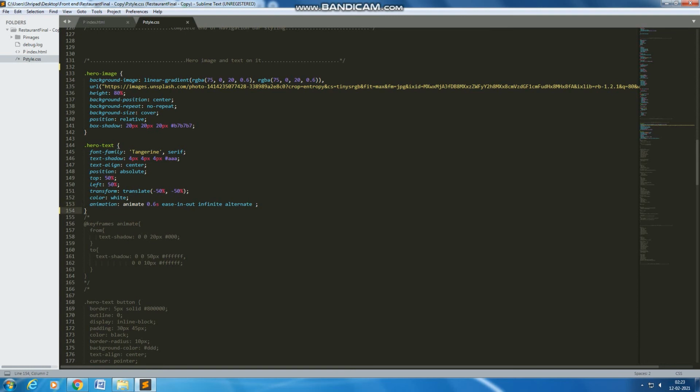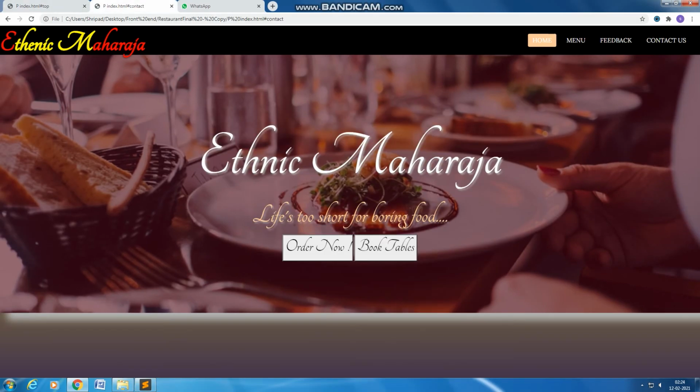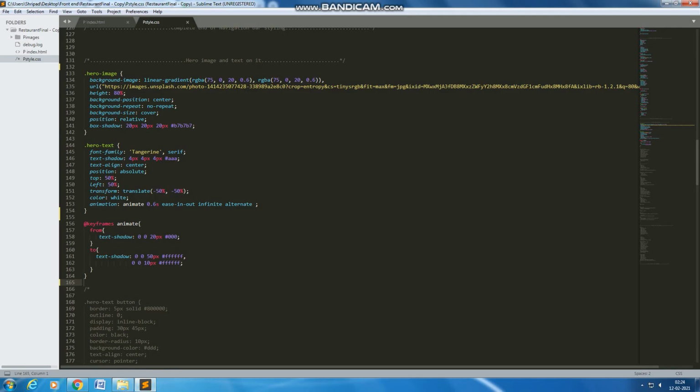And this alternate is because obviously we want alternate glowing. Then this is again for the next part of the animate function. So let me uncomment this and save this. Now you can see that inside our website, our text will start getting a glowing effect. So let's understand the code for this.